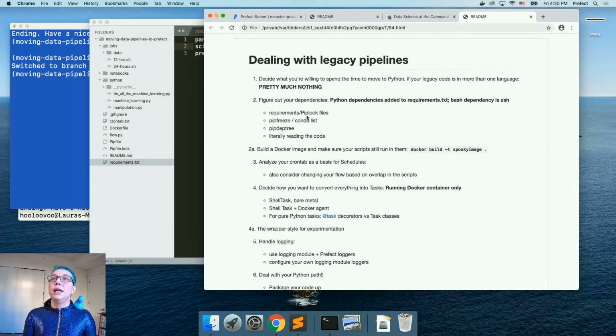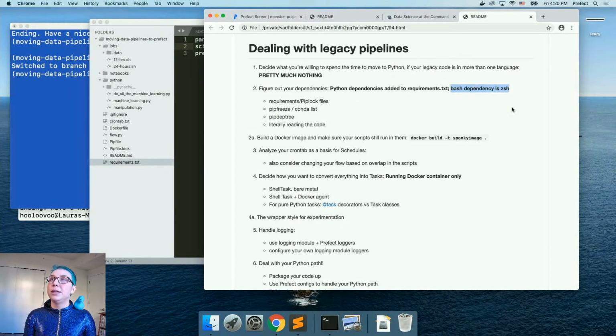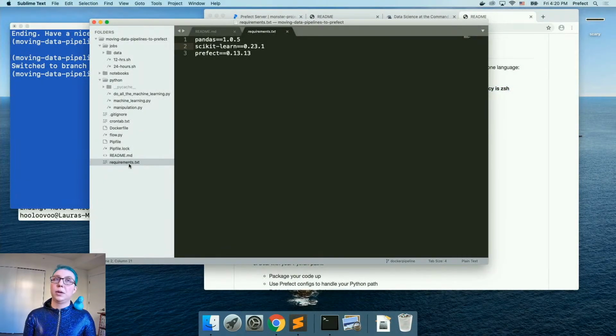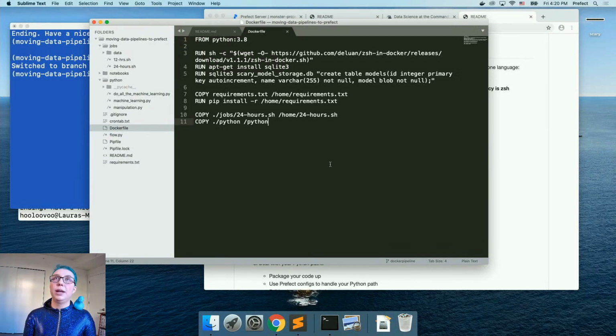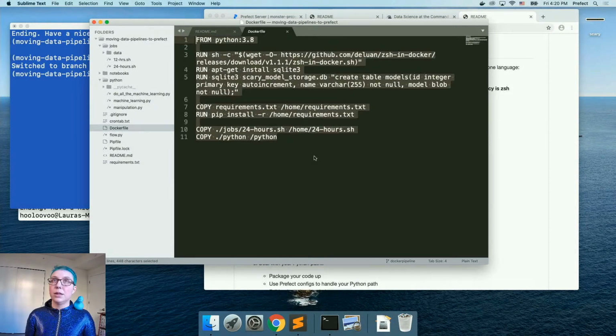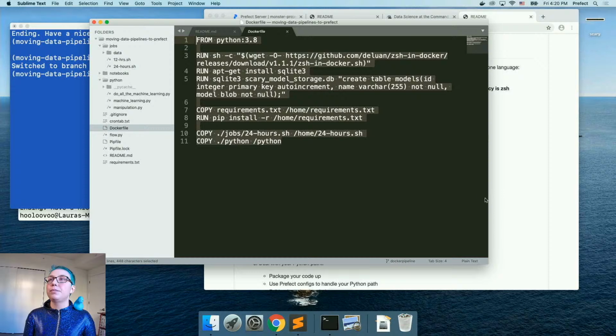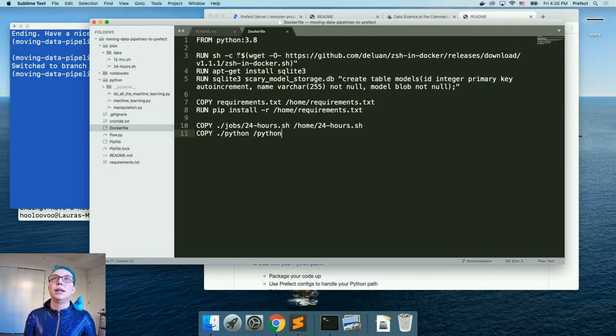And then the bash dependencies here and the actual install of these requirements.txt dependencies is happening in this Docker file. Let me make this a little bit bigger. So there's a couple things going on in here. This is inheriting from a Python 3.8 image, setting up some dependencies: this is installing ZSH, this is installing SQLite, which I learned is not already pre-installed for some reason here, and the command line